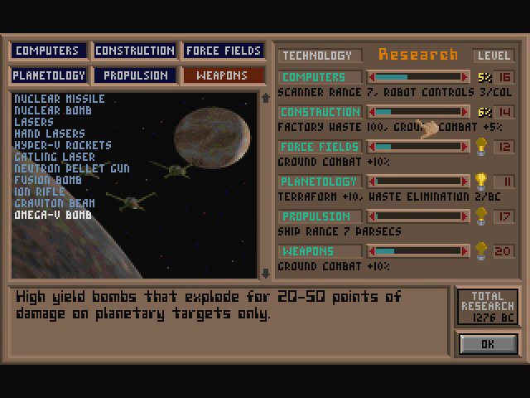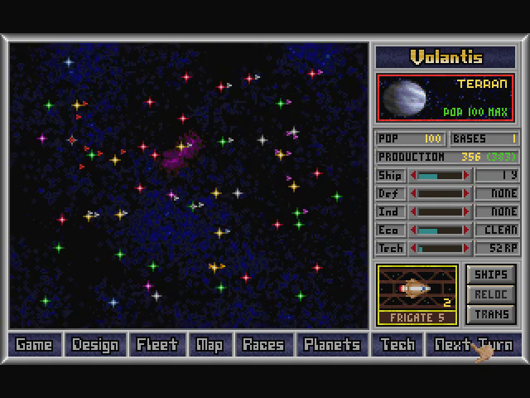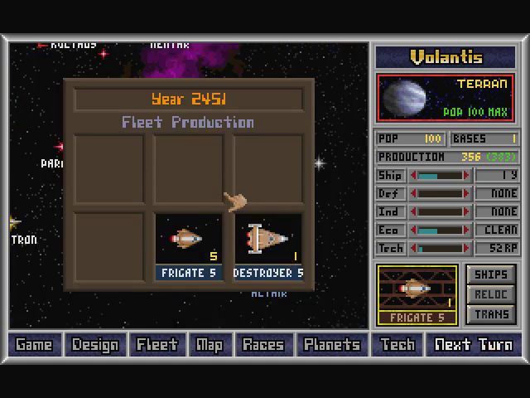Let's cut that down a bit and try and go back for planetology. Just a bit more. Because our weapons construction is a lot higher than most of our other stuff. And if we can get to Zortium armor, that would be a huge edge for the next wave of combat, because it will happen. Also, I have noticed